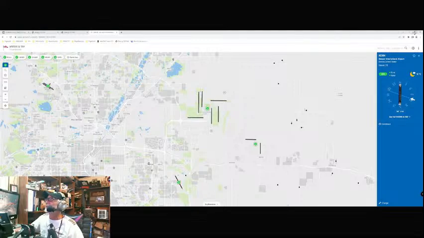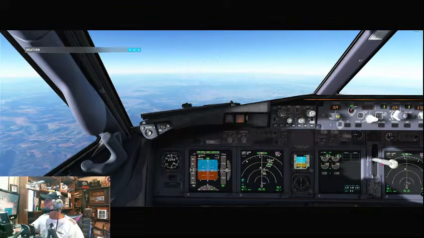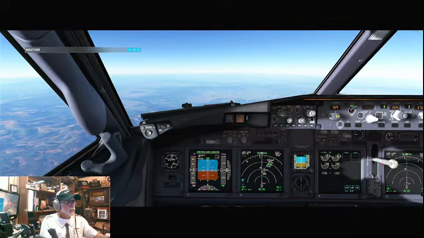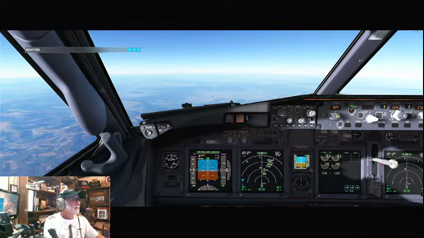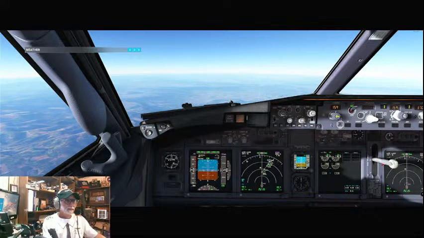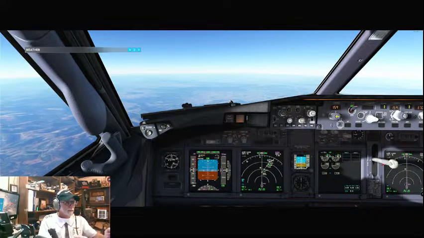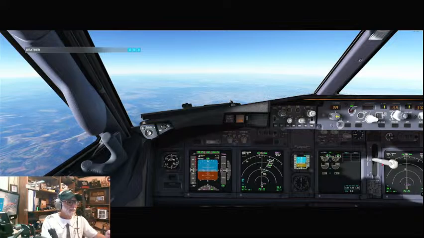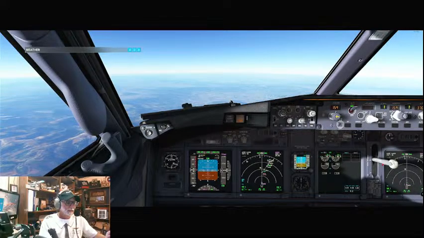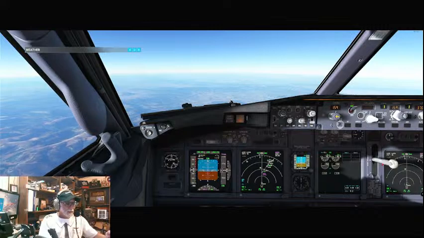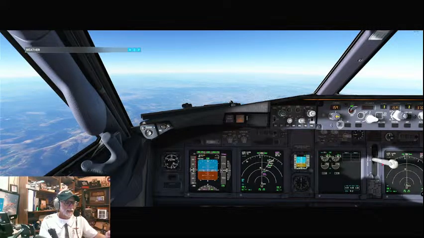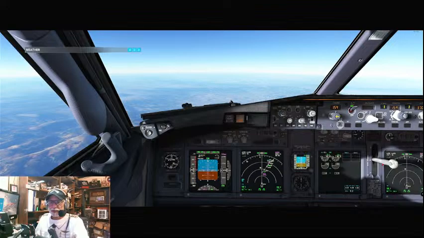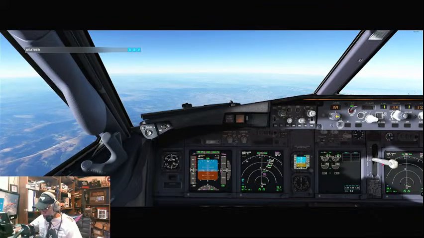So what we're going to have to do now is go in and look up some information for Denver. So everybody stand by, talk amongst yourselves here for just a minute while I look up some Denver information. I am changing my flight plan. Normally a controller would do this. So I'm downloading the current information for runway 07. All right, very good. So let's go back to